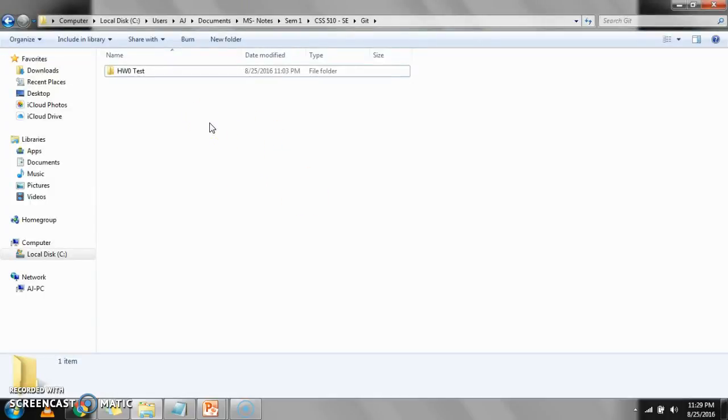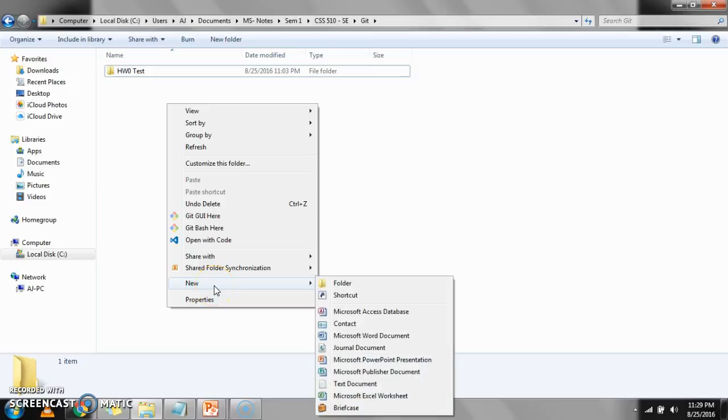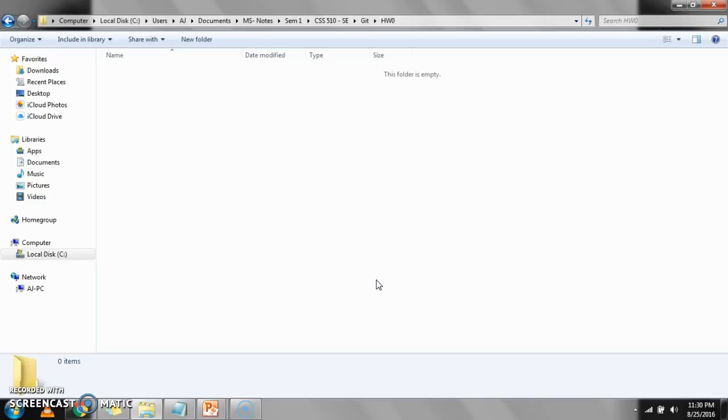So I have my system ready with Git and I'm going to create a local repository right now. I'm starting from the basics here, creating a folder which will be my local repository. I'm naming it HW0. Right now this has nothing inside,